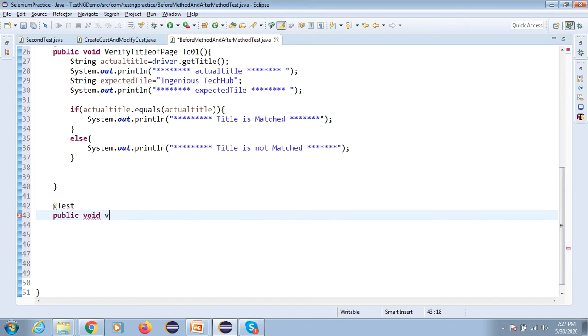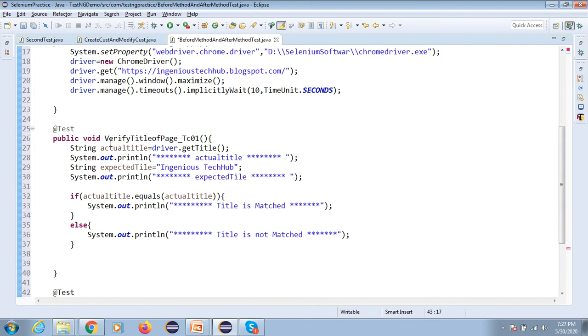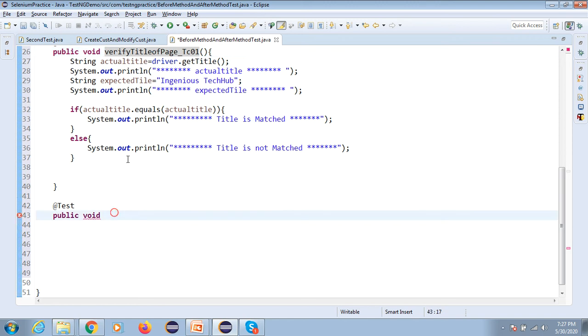Actually, the method name is starting with a small letter, then capital, capital. I'm completely not following this naming convention here, but I will tell you, a method name will start with a small letter. If you have another word, capital, again another word, capital, like that.